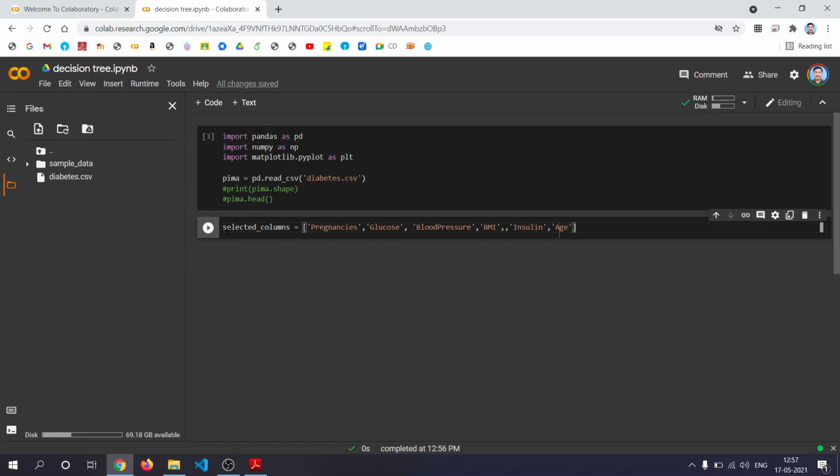We'll say X is equal to the dataset of selected columns, and Y is equal to the outcome.